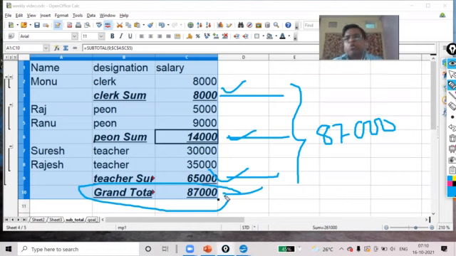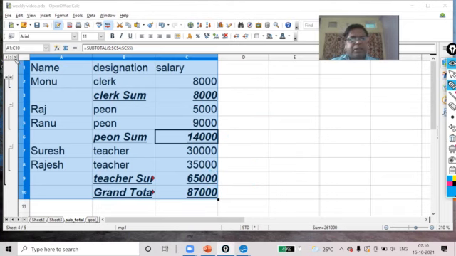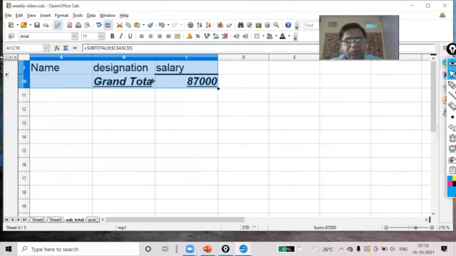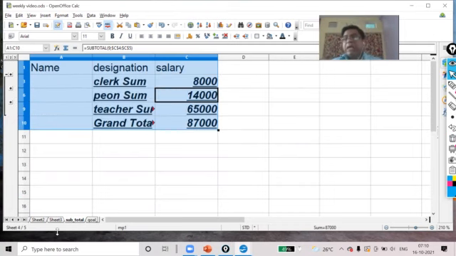Now you can go separately also. If I want only to show the grand total, you will click on the first level. You see, I'm talking here. So I will click on 1. Only the grand total will come. If I want grand total and subtotal both to be shown, then I will click on 2. If I want everything, my data also, subtotal also, and grand total, which I showed you before, then click on 3.